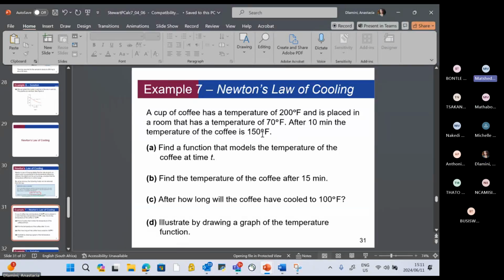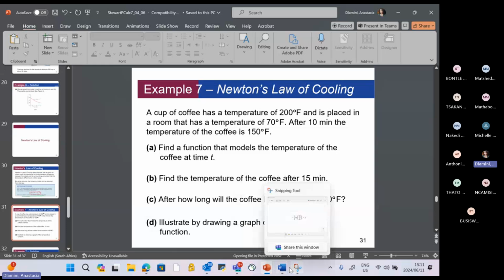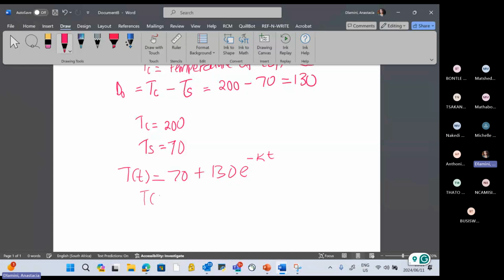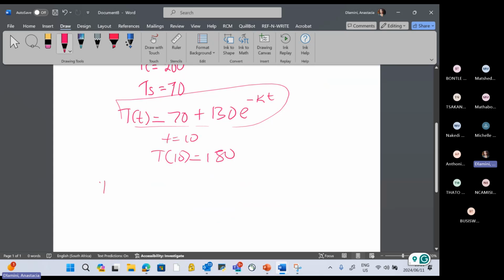Yes, ma'am. So they're saying that this statement can help us find the value of K, because they're saying at t equals 10, T of 10 is equal to 150. Meaning we can substitute here and it will help us find the value of K. So T of 10 is equal to 70